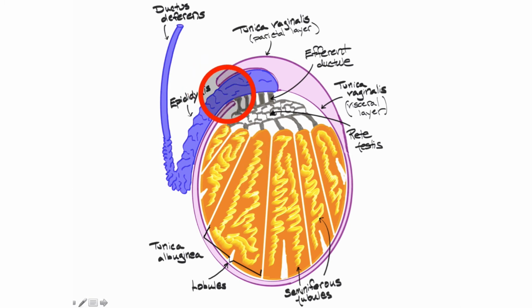But those spermatozoa, otherwise known as sperm cells, complete development in this region right here known as the epididymis, and then during ejaculation, the spermatozoa, aka sperm cells, will leave through this structure known as the ductus deferens and enter the pelvic cavity, where it will have fluid added to it and then become ejaculated out of the body. The ductus deferens is also known as the vas deferens. Okay, we'll continue on with male reproductive anatomy in the next video.